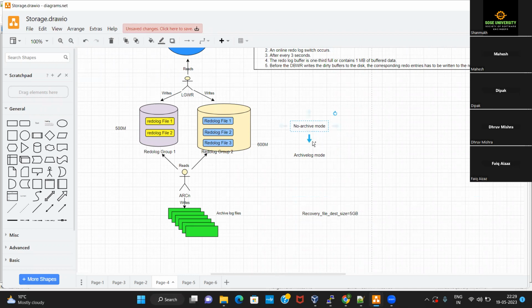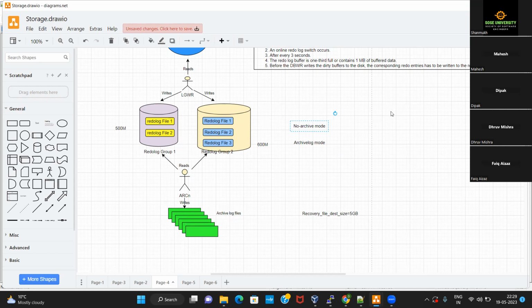Okay. So your non-production environments, mostly you will be getting them in no archive mode because they are not that critical. And the clients don't want to spend that much storage space for preserving these archive log files for non-prod environments. But for the production environment, they have to ensure that they are copying all these redo entries so that in future, if something goes wrong in the production environment, you as a DBA will be required to perform a recovery. And you can perform a recovery only if you have a track of all those redo entries, right?